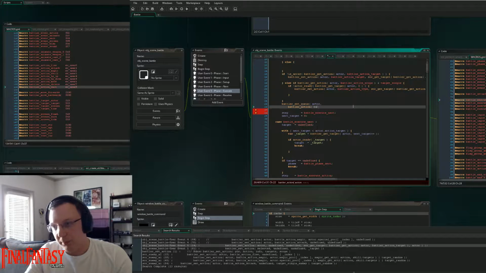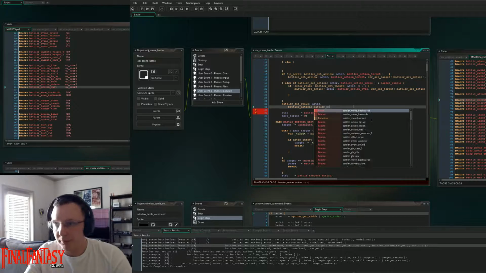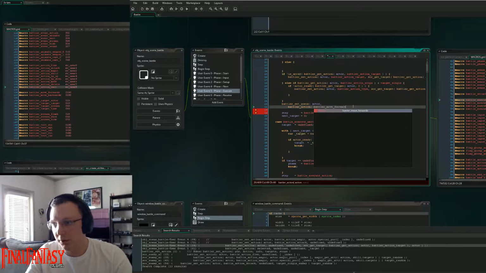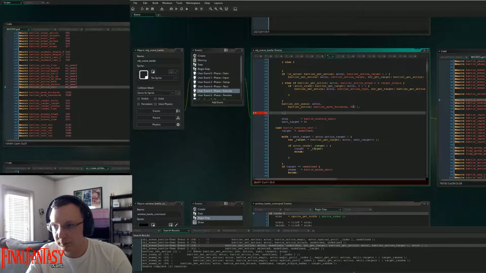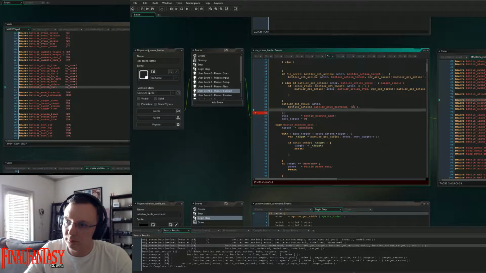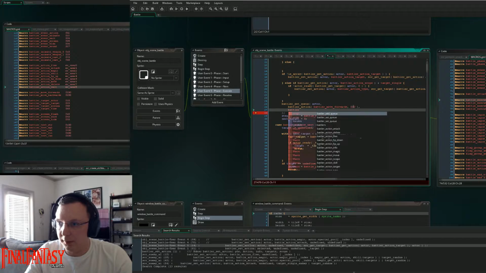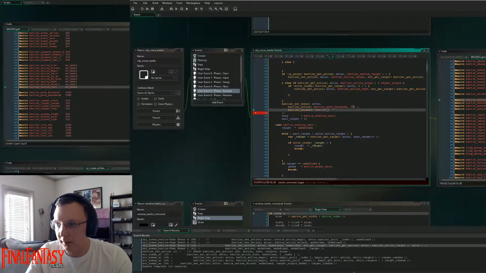The action will be battler move forwards 10 pixels. Battler animate, battler